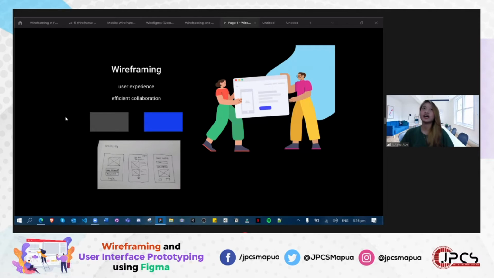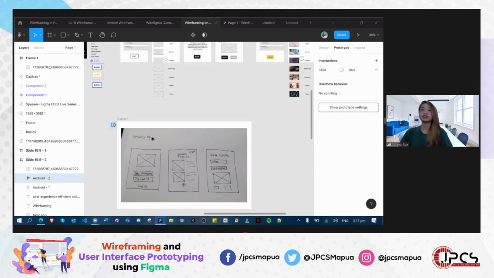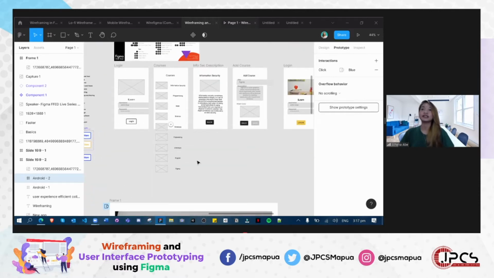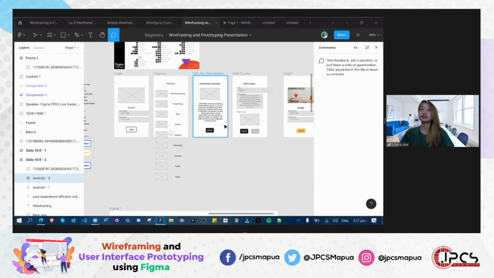And an easier term to remember what wireframing is about, it is like a blueprint or like a foundation blueprint na para siyang skeleton na magiging itsura ng layout mo sa iyong frame. So the good thing about wireframing is that you can review the layout with your client. So you can collaborate here, papakita mo yung wireframing mo. So for example, this one. Ayan. So papakita mo yan sa client mo, and then your client can collaborate, can add comments